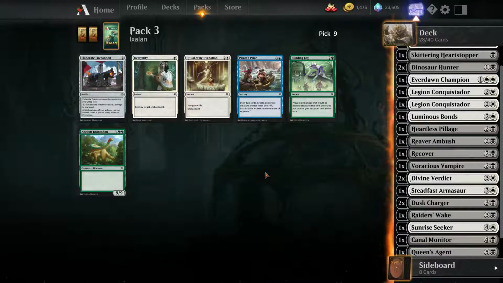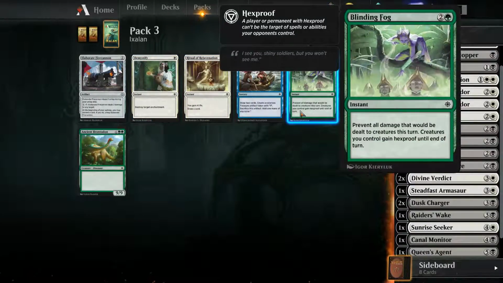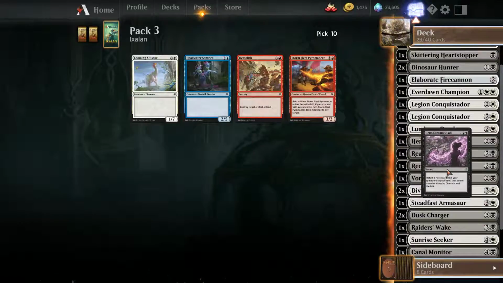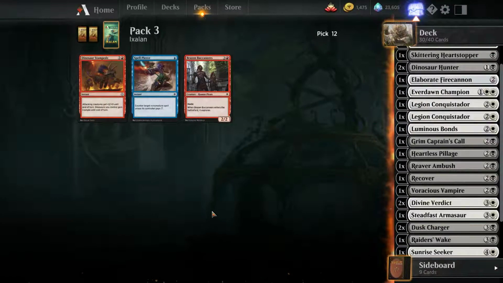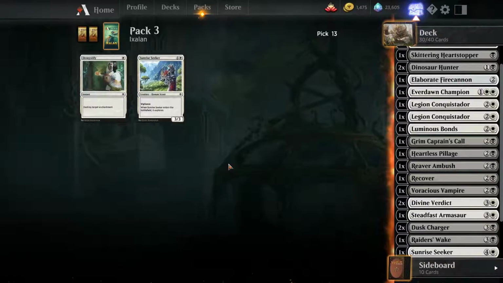Destroy target enchantment, revelation. Blinding Fog is pretty strong. I think the cannon, maybe. Grimcool could get value in this deck. 1/7. Yeah, probably more. Spreading Rot for the sideboard. We're not going to use it. And then the rest is just...